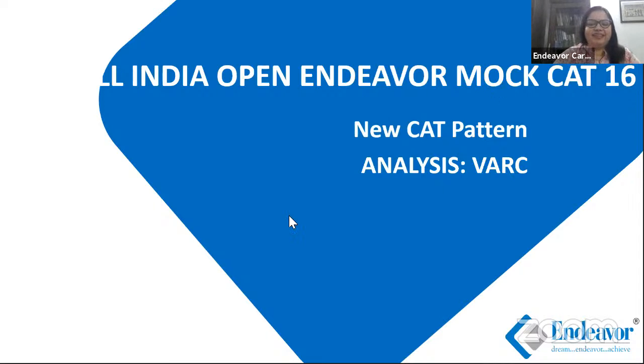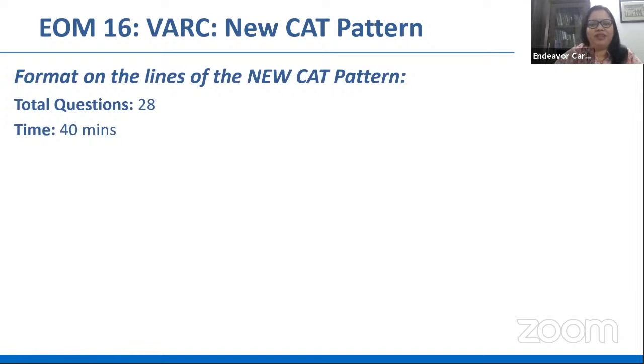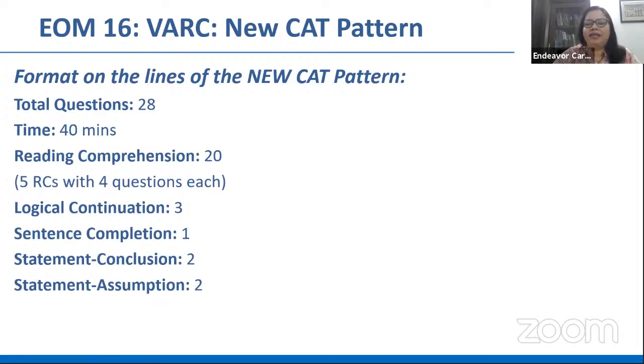Okay. So 5 RCs, 28 questions totally. And this seems to be happening more often these days, the pressure of time. But there were things that made this easier. All right. So 28 questions were scattered across 5 RCs with 4 questions each, and that made for 20 questions. Interestingly, logical continuation, 3 questions, sentence completion or a vocab based fill in the blanks, that's one such question,